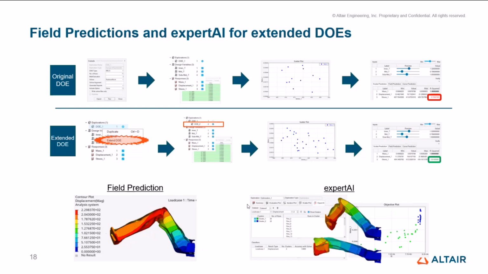So just wanted to note that. In other words, in the same way that the scalar prediction has been updated, the field prediction can be updated as well. It considers all of the runs, including the original and extended number of runs. And then you can get updated field prediction without having to rerun that entire DOE, and the same for expert